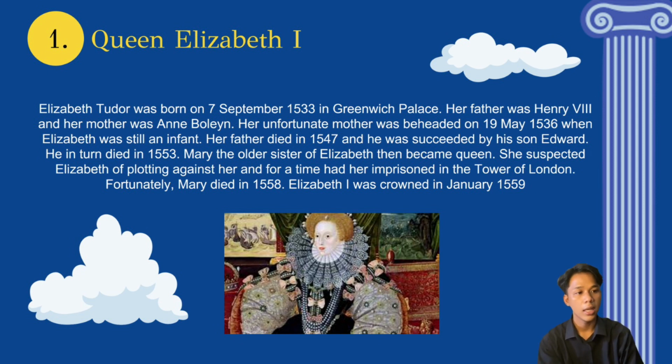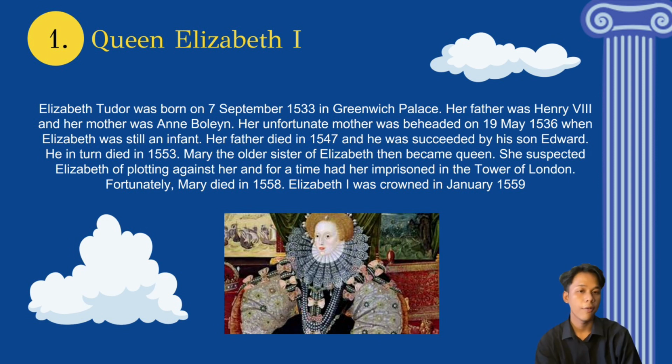Her father died in 1547 and was succeeded by his son Edward. He in turn died in 1553. Mary, the older sister of Elizabeth, became queen, and she suspected Elizabeth of plotting against her and for a time had her imprisoned in the Tower of London. Fortunately, Mary died in 1558 and then Elizabeth I was crowned in January 1559, or exactly